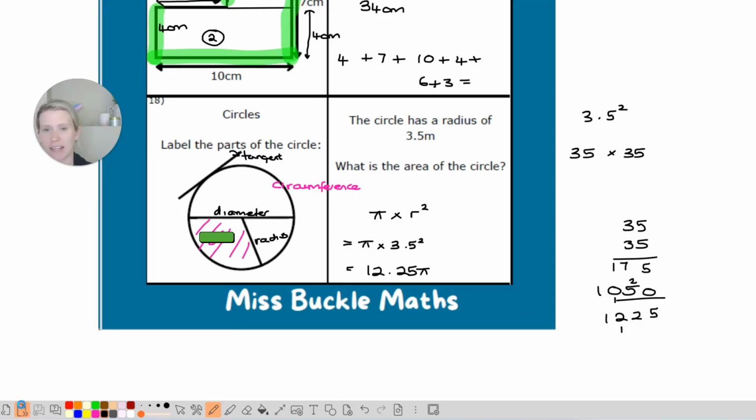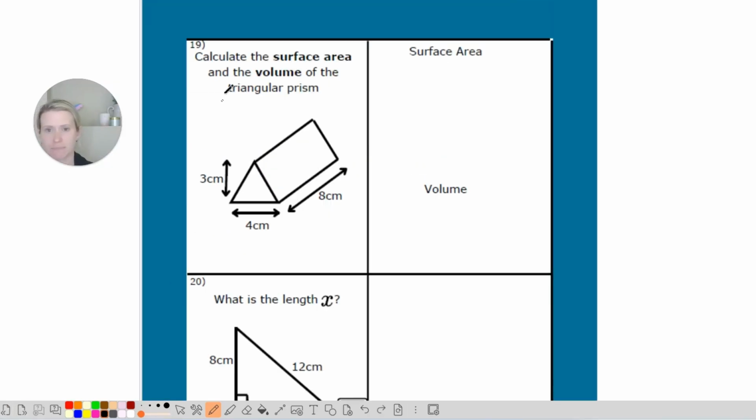Okay, finally then the last couple of pages. Surface area is the space on the outside. So what is this shape made out of? Let's just think about this. If I separate this shape up a little bit more. Right, we have a triangle at the front and the back. We have a rectangle on the left and right, and we have a base, and we need to calculate the